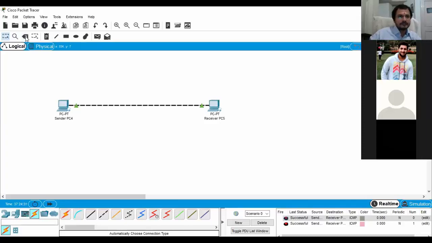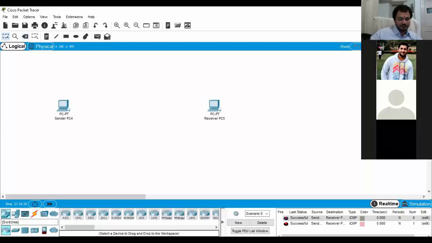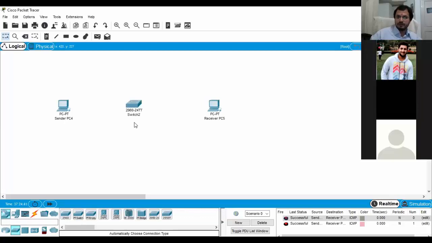Now someone has said that there is a need of a switch. Someone has told that a switch is missing, right? So a switch is required only when I have to make more than one connection, right?